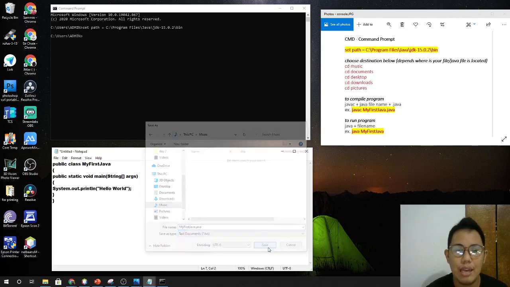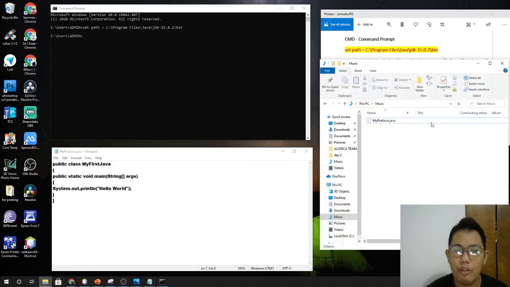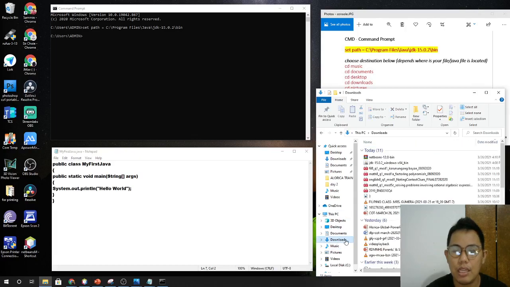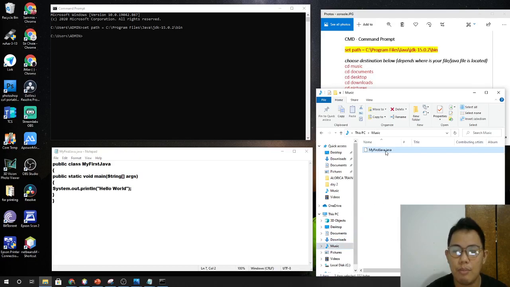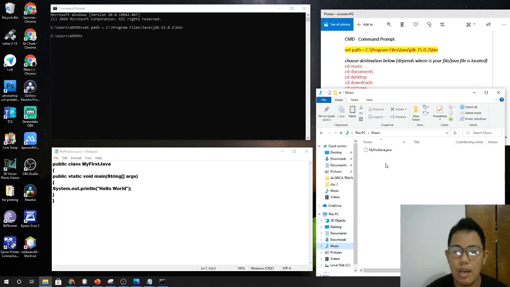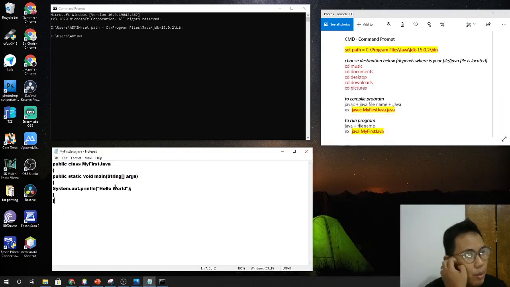After clicking save, to confirm it's already saved, if you click on music, it's already here. If you decided to have this pasted in downloads, that's still okay. I'm going to copy this to documents for us to check later on. Once again, I have this pasted on music. So the next thing we need to do,